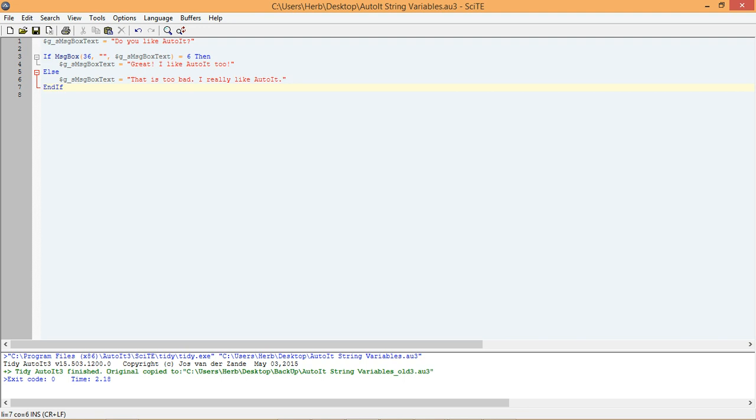Notice how if the return value of the first message box is 6, then our string variable gets set to